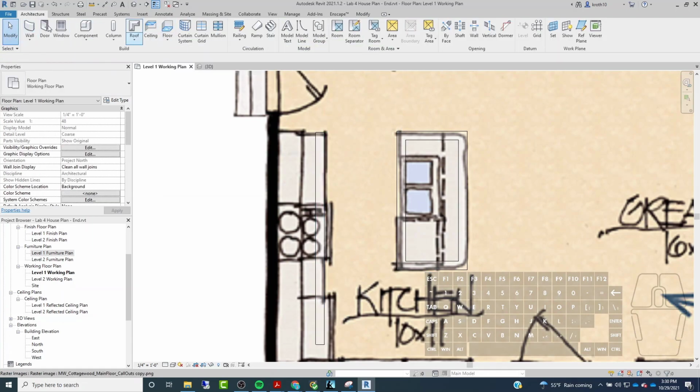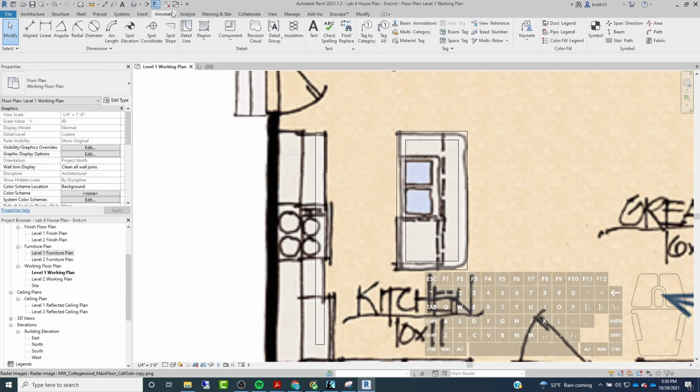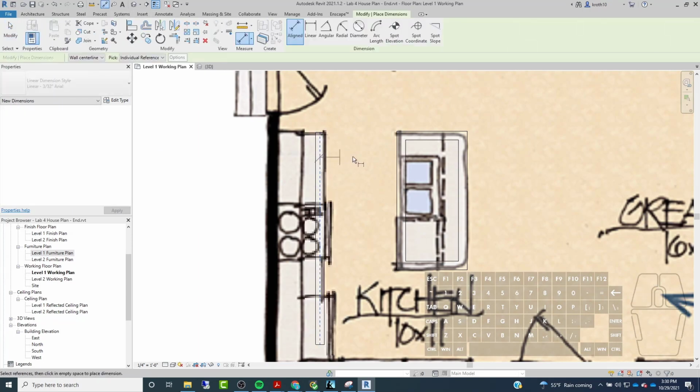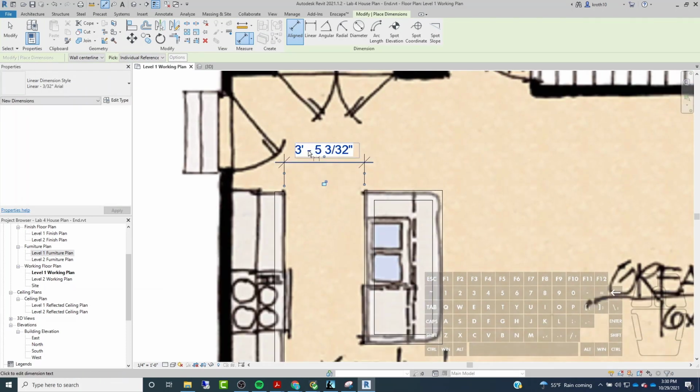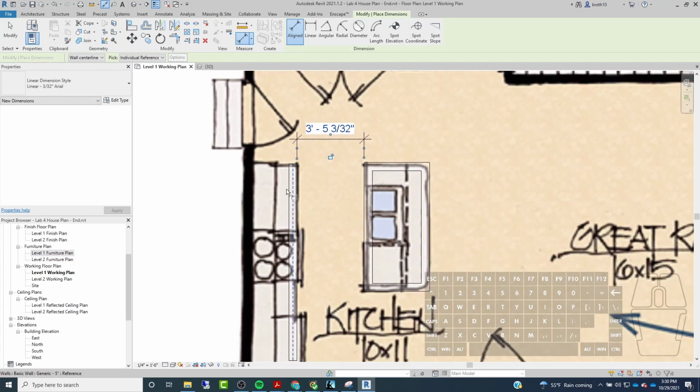Okay, so what you're going to have to do is create the island roughly 3'5", 3'6" away from the front of this countertop that's over here on the left